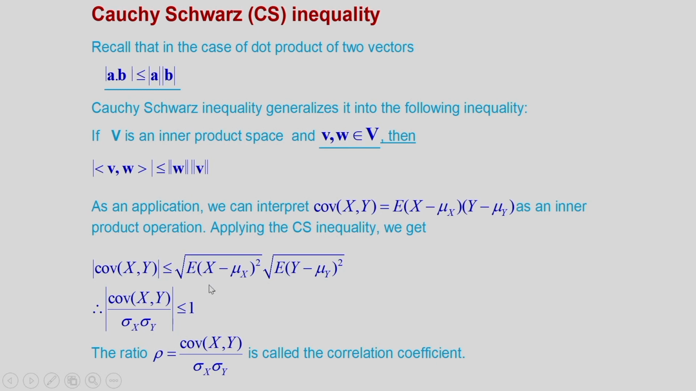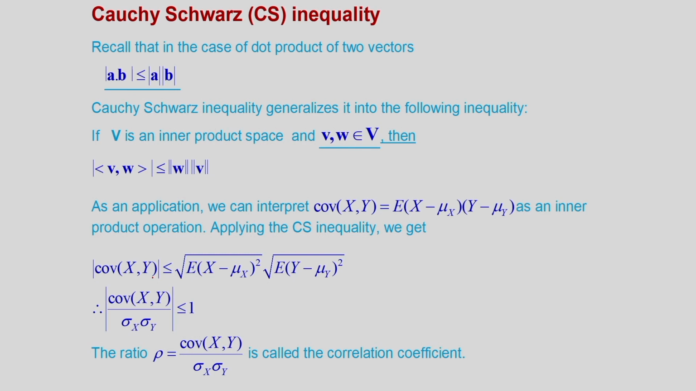Here, what is the norm? The norm of x minus mu x is the square root of the expectation of x minus mu x whole square. Similarly, the norm of y minus mu y is the square root of the expectation of y minus mu y whole square. So, applying the Cauchy-Schwarz inequality,